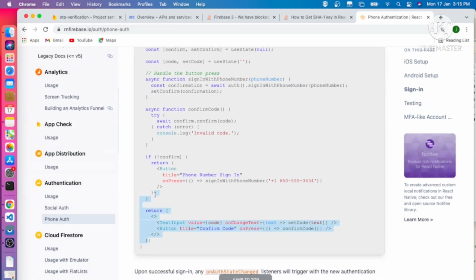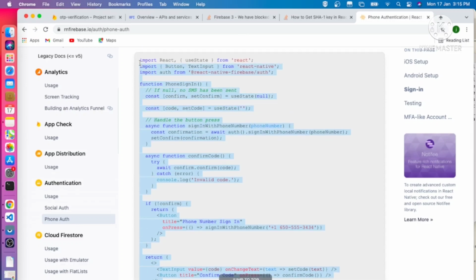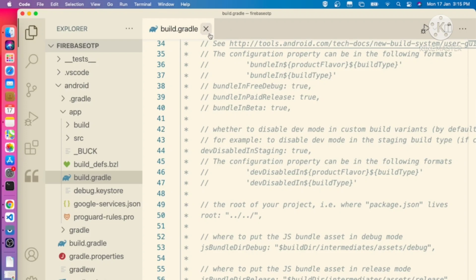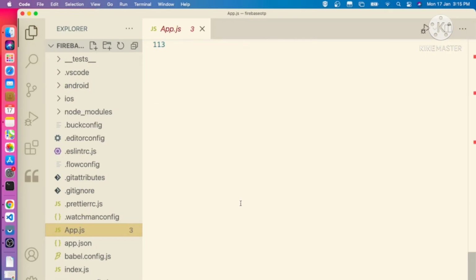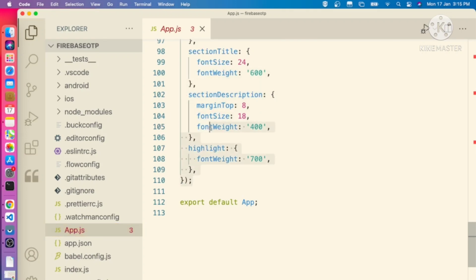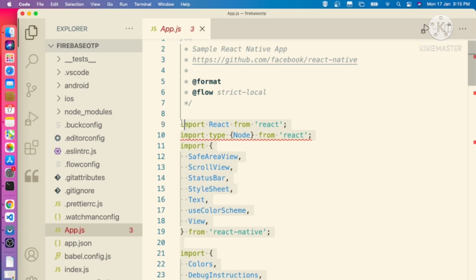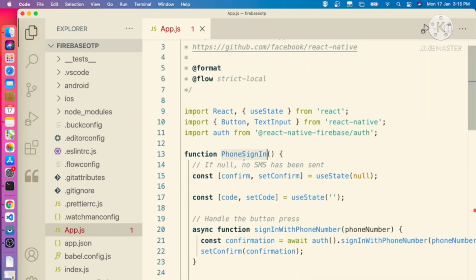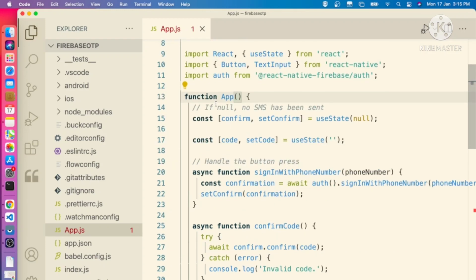We can just copy this one and go to the app.js file. We can just remove all other things, paste it here, and make this class as App, not PhoneAuthentication. We can just export this one.